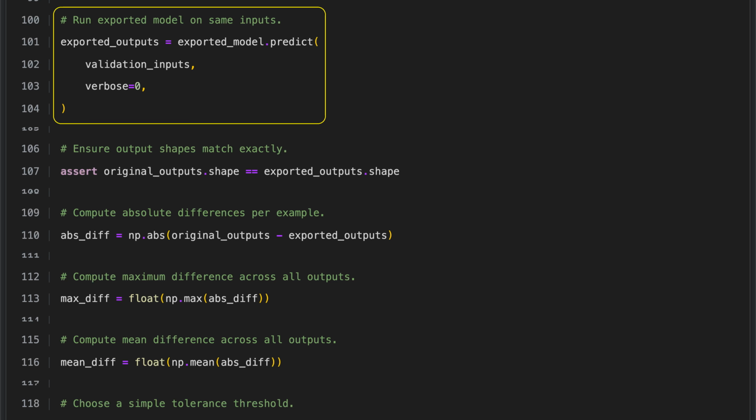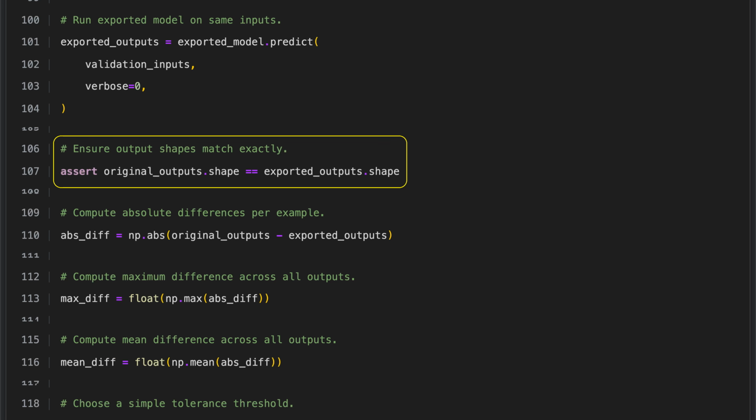We run the exported model on the same validation data to generate predictions and compare them with those from the original model. This comparison step is essential to confirm that the exported version behaves the same as the original. The predictions are generated quietly without showing progress messages, so the output remains clean and focused only on the final results. The code verifies that the output shape of the original model is exactly the same as the output shape